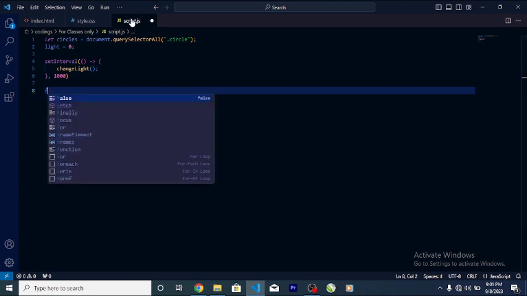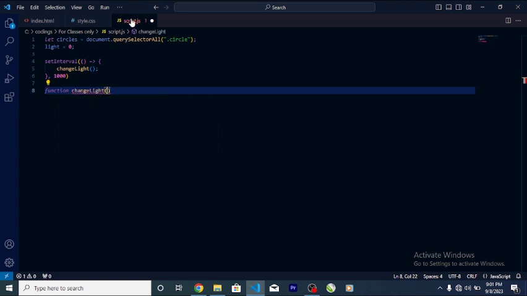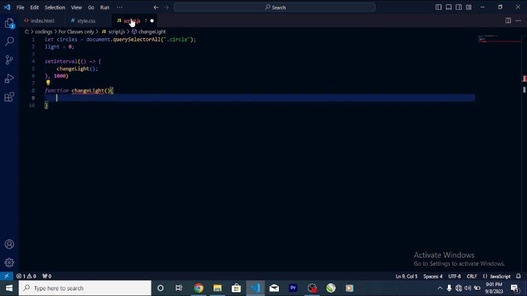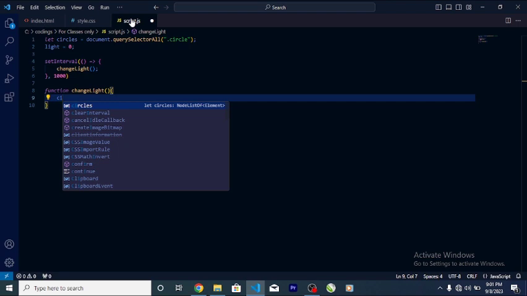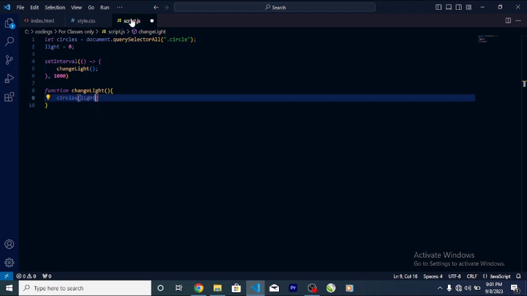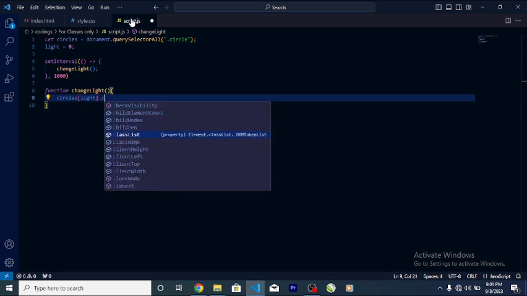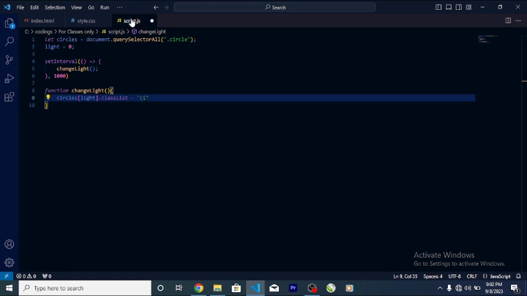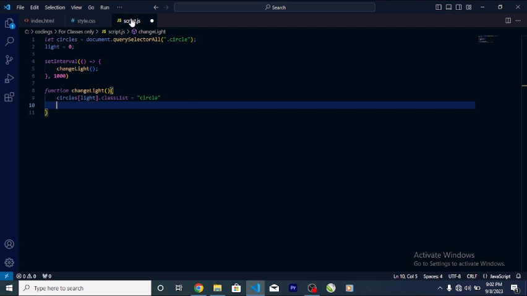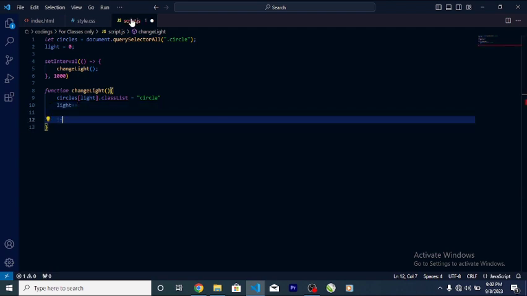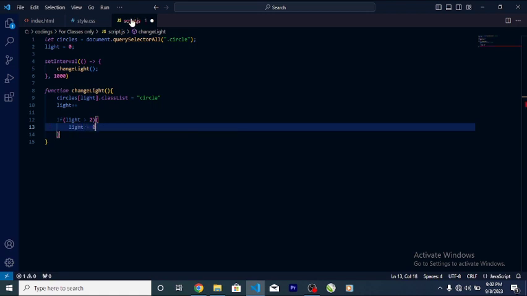So we're gonna say function changeLight, and then we're gonna say circles light dot classList equal to circle, and then we're gonna say light plus plus, and now we're gonna say if light less than 2, and then we're gonna say light equal to 0,